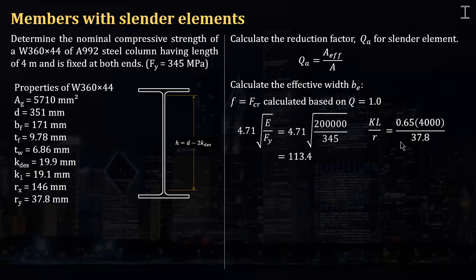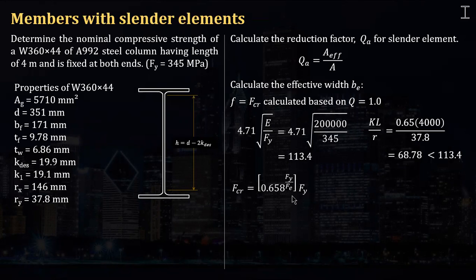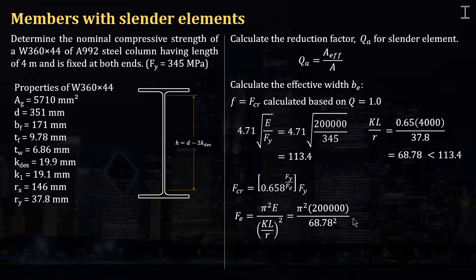So evaluating this, that is equal to 68.78. So this is less than the limiting value. So that means the buckling is just inelastic. Okay, I will be using this formula, 0.658 raised to Fy over Fe, and that Fe is the Euler buckling stress, or the elastic critical buckling stress. So that's pi squared E over the square of the maximum slenderness ratio. So that is pi squared times 200,000 over 68.78 squared. And evaluating that, we can get